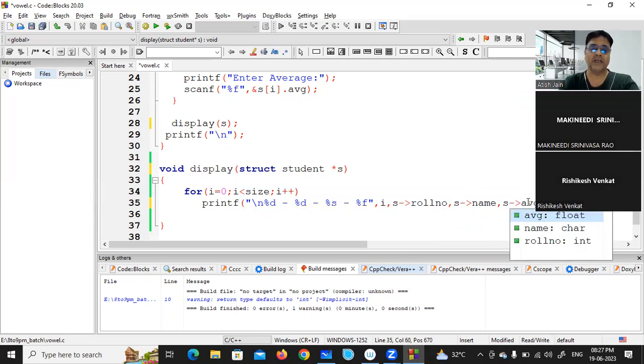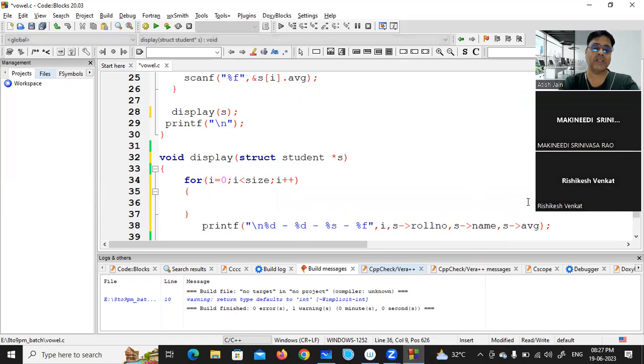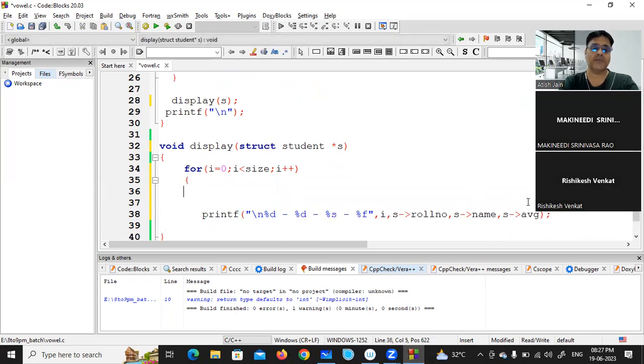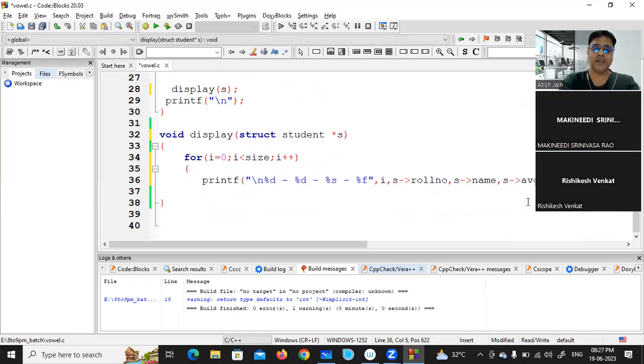Okay. And after displaying the one student information, the address should be moved to the next student. So you have to say S plus plus. And if you want to print the address of the student also, then you can say U, and here U is nothing but unsigned integer, that's nothing but address. And here you can say S. Now observe,